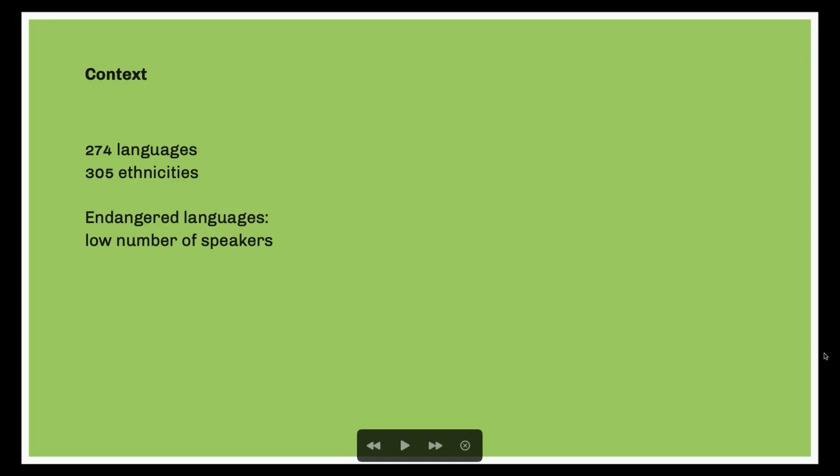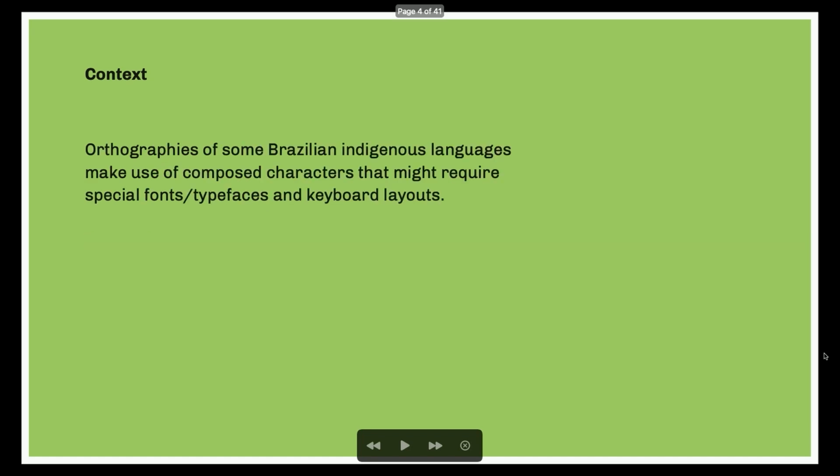So we have this huge amount of languages that we have to look at, and most of them are very small. The language that has the greatest number of speakers has like 20,000, 30,000 people, so a very low number of speakers in communities. And they're mostly isolated, living in the north part of Brazil, in the Amazon, so they're quite far away